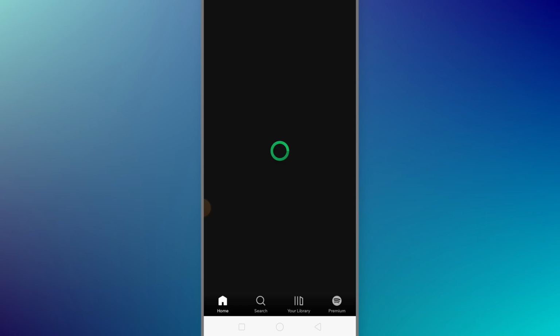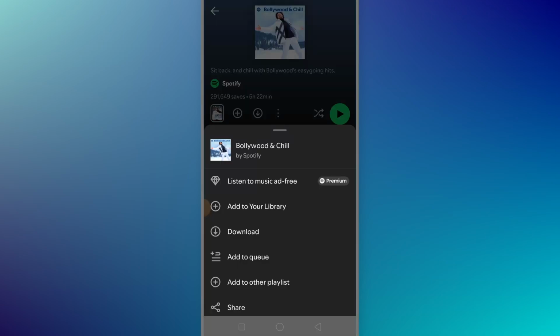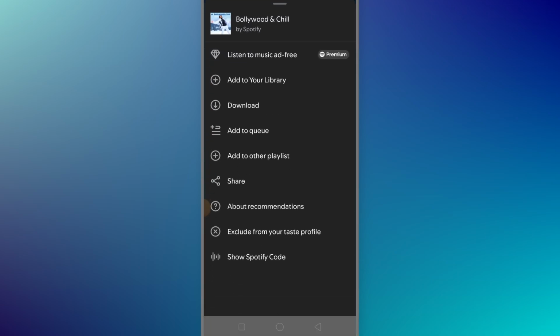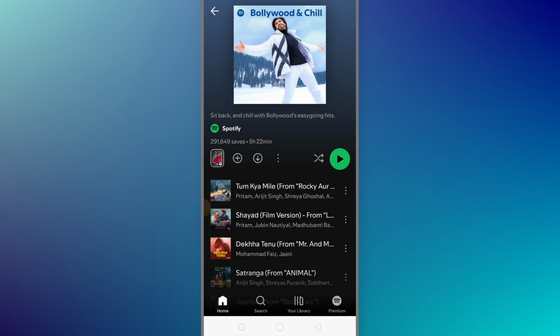Firstly, I need to open it, and once you are on the music, tap on the three dots which are available on top. Once you tap on it, you can see there is no option to set this music directly from Spotify as our mobile ringtone. So to set this music as a ringtone, firstly we need to go back here and download this music in your